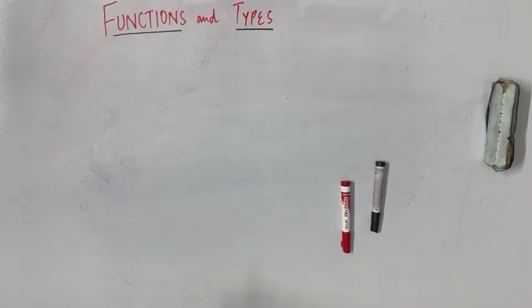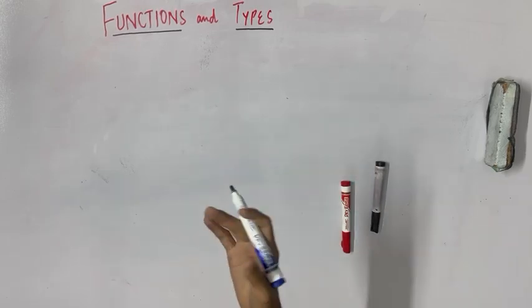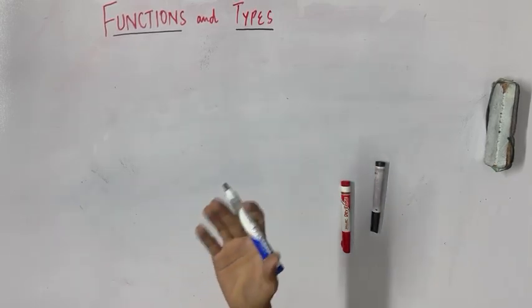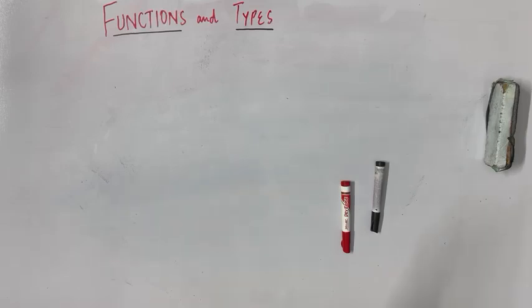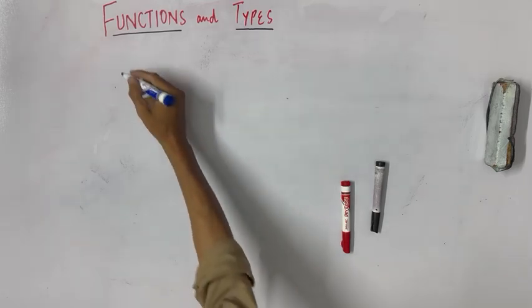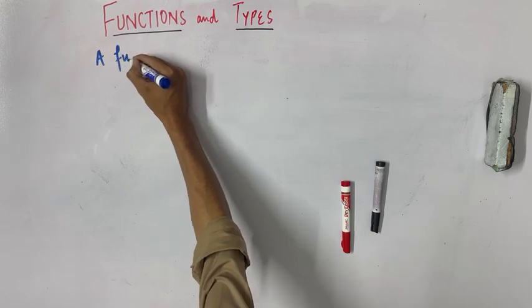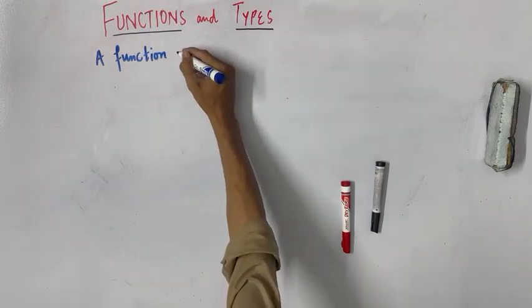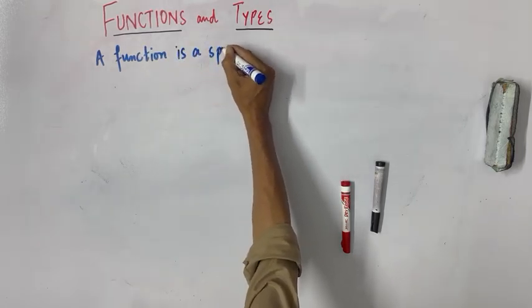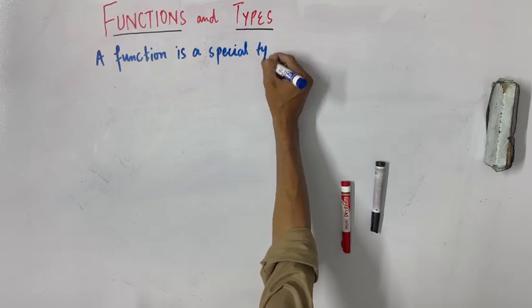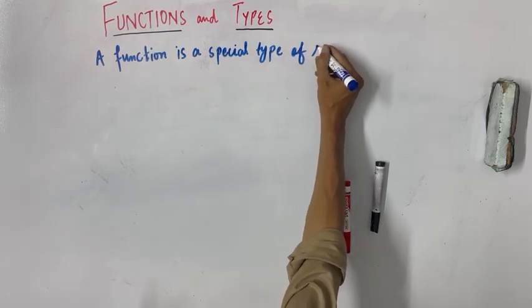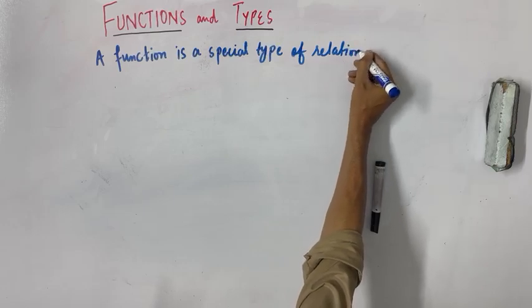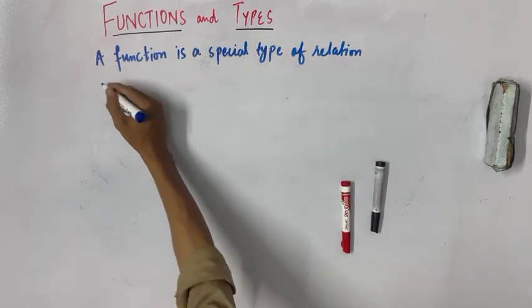A function is a special type of relation. As we have already covered this topic, binary relation, in our previous video, and we will share the link of that video in the description for your reference. So we have done the relation over there. So over here we say that a function is a special type of relation, or in other words binary relation, in which every element